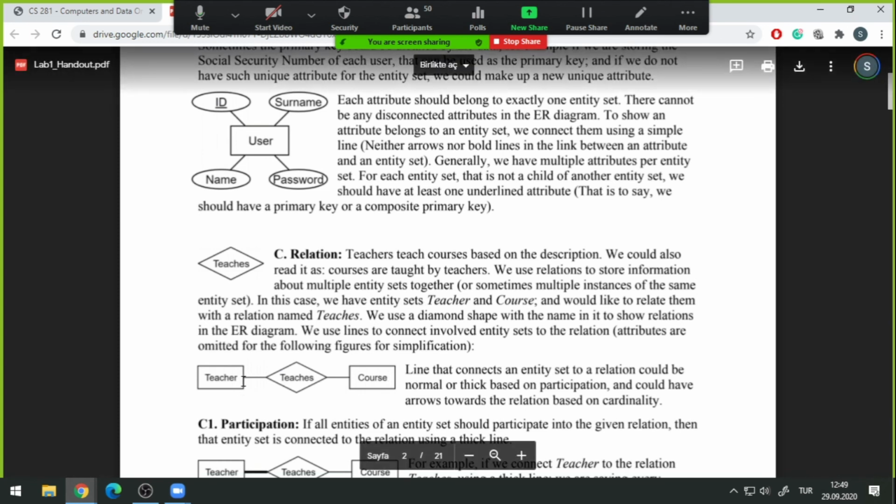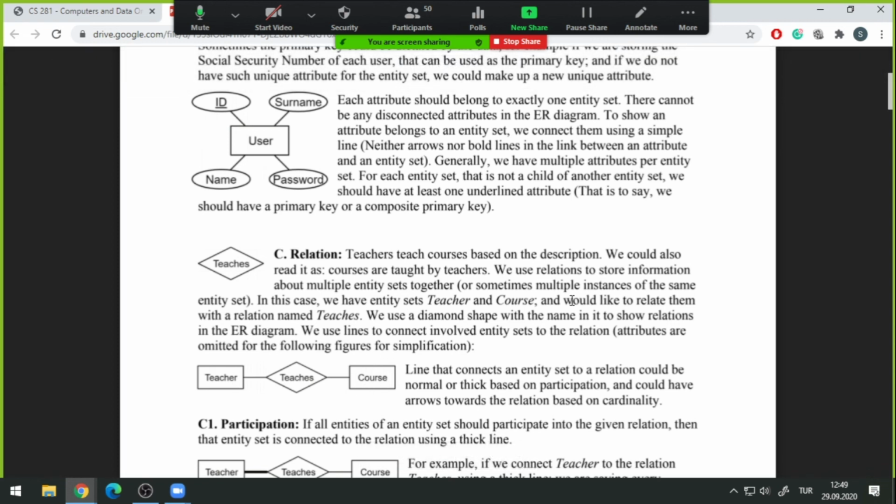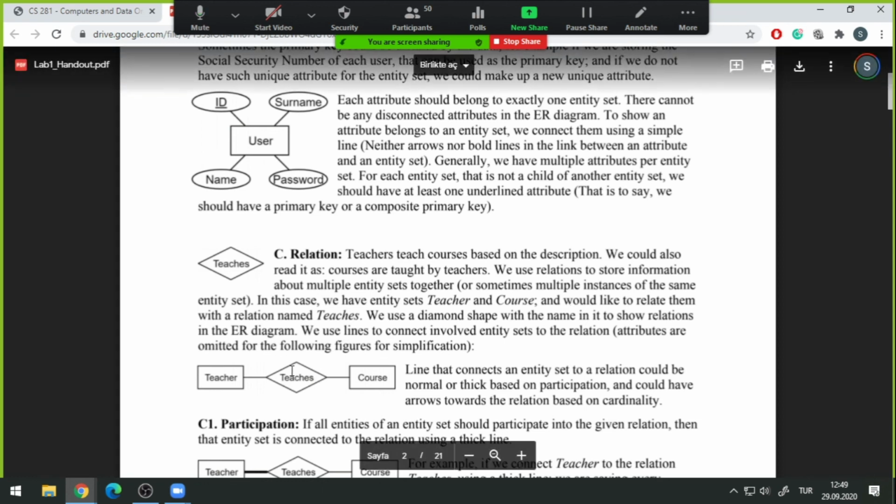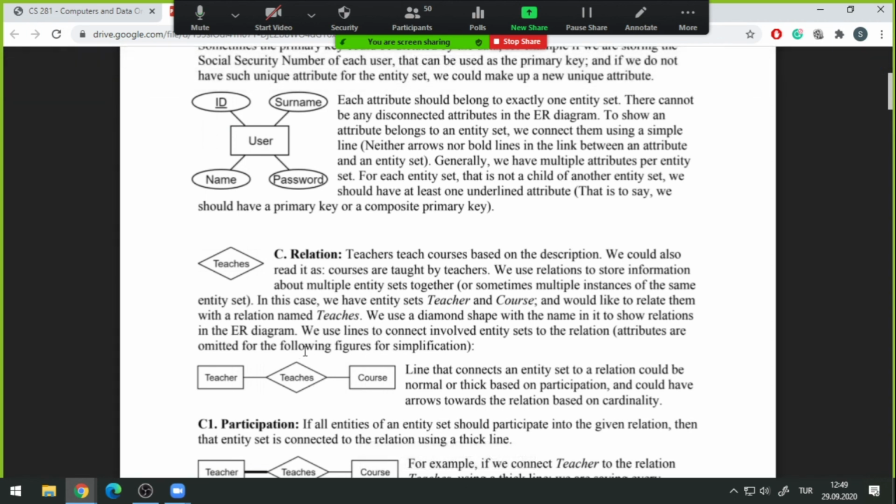In this case, we store the teachers on a separate entity. We store the courses on a separate entity, and we would like to relate different instances from each entity. We are using relations in that case, and you can think of the relation as a table as well. So think of it as a table. In that table, I am storing which teacher is teaching which course, and I'm storing their primary keys. We are going to see them in more detail, but for a relation, we just need